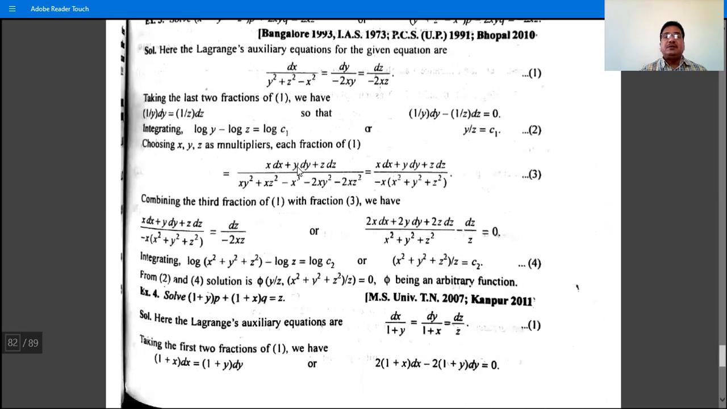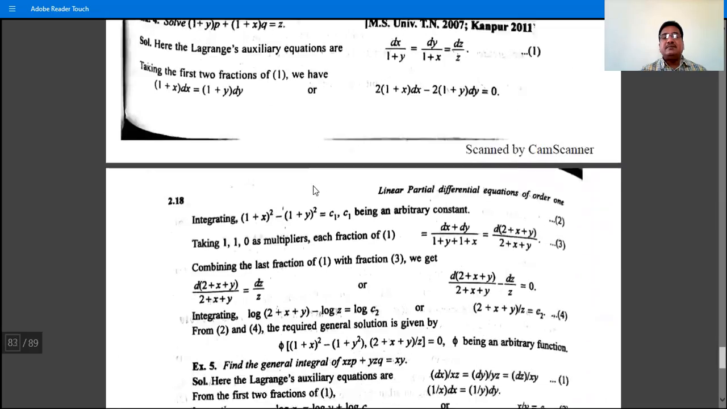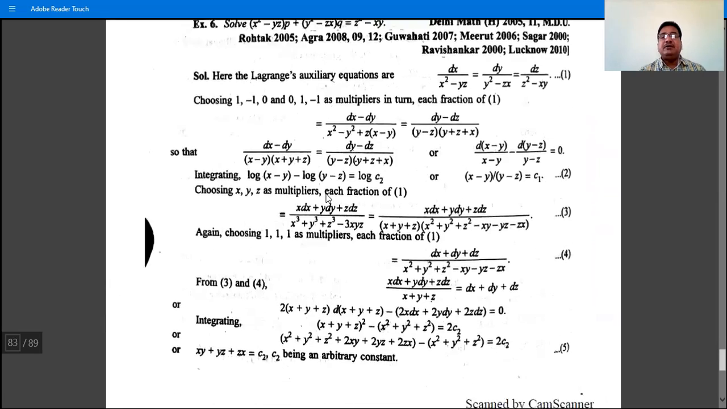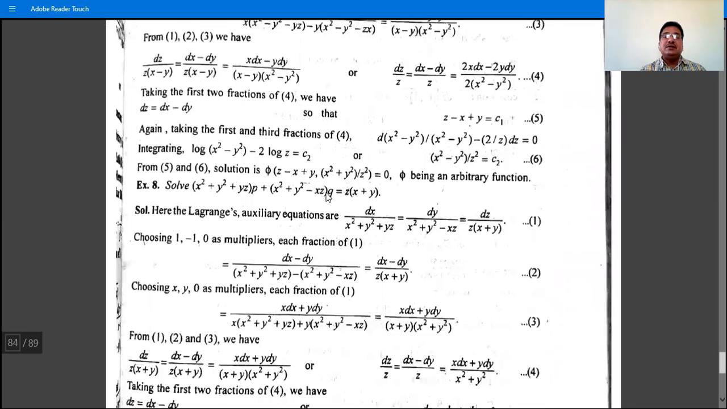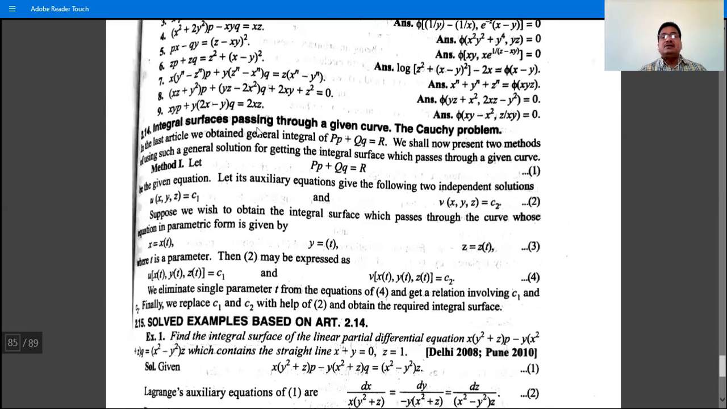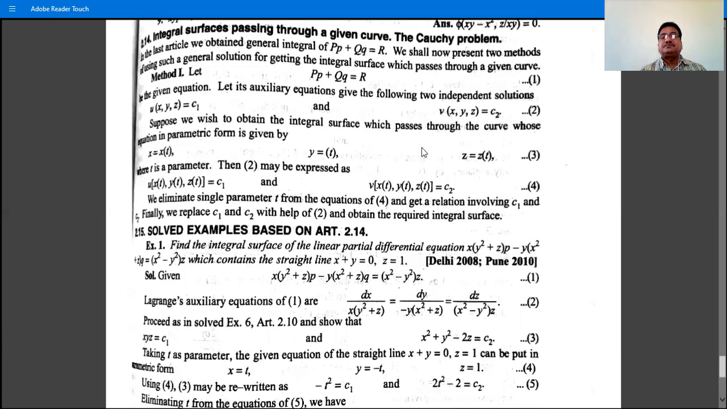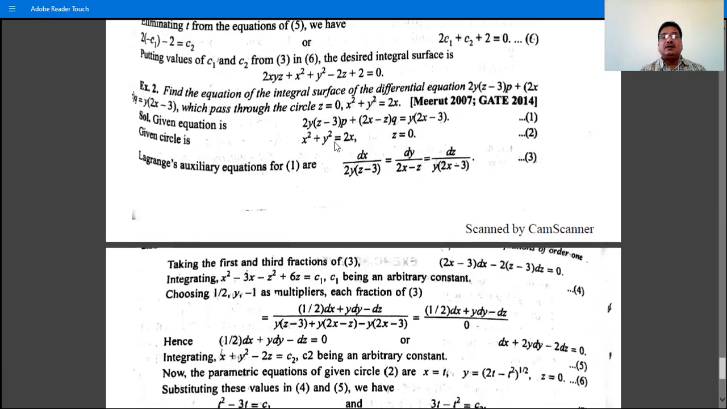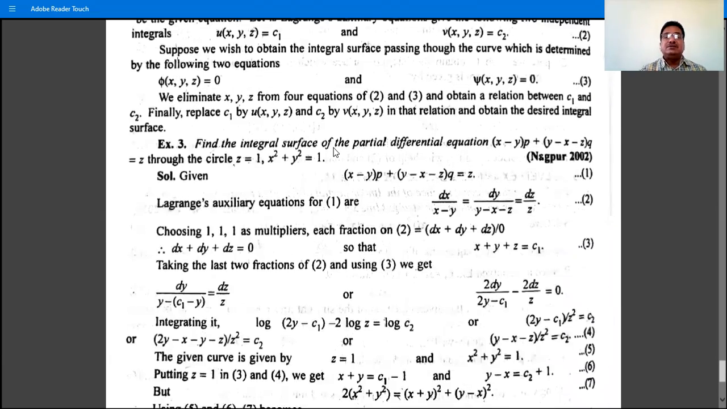While solving this type of problem Pp plus Qq is equal to R, we have to solve the differential equation of the type dx by P, dy by Q, dz by R. So this is actually the repetition of the first topic, the integral surface passing through the given curve. So these are the problems of the type: find the integral surface passing through the given curve or containing the line, containing the curve. So write all these solved problems